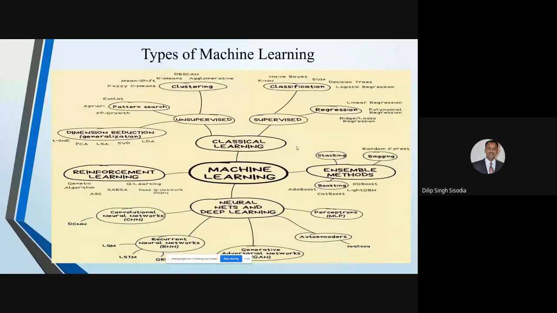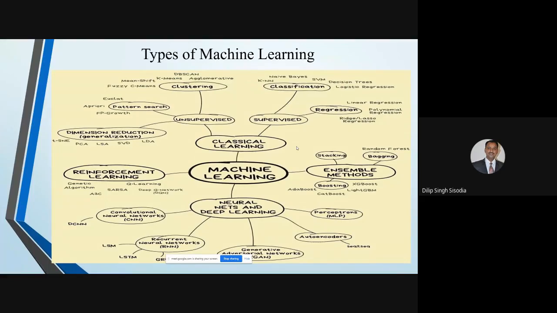So this is about classical learning. Now come to the other, the ensemble methods. What we talked about in supervised learning are the individual classifiers. So we can group these classifiers. Ensemble means that rather than taking the opinion of a single person, if we take the opinion of a group of people and work on this group opinion, then our decision may be better. On the same principle, these ensemble methods will work. So how can we ensemble, how can we group?